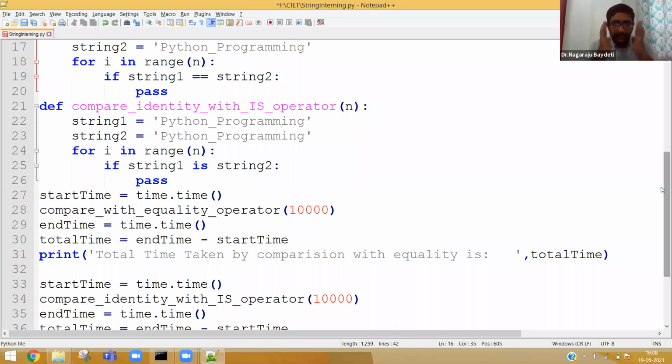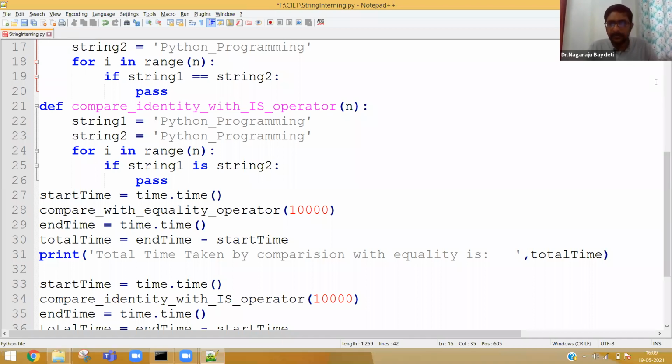Every operator is called 10,000 times. Basically string 1 and string 2 are compared using the double equal to symbol 10,000 times. We calculate the time, and then the same 10,000 times we use the is operator.